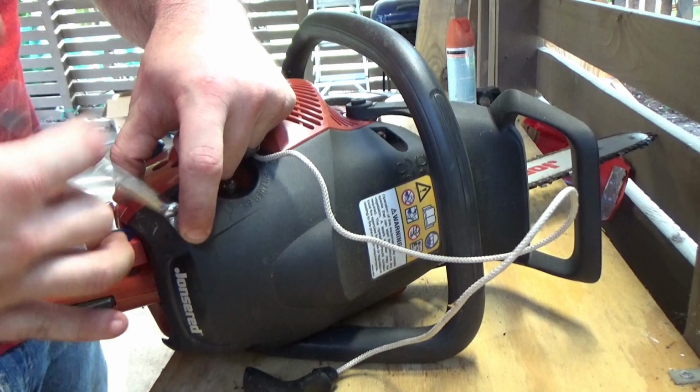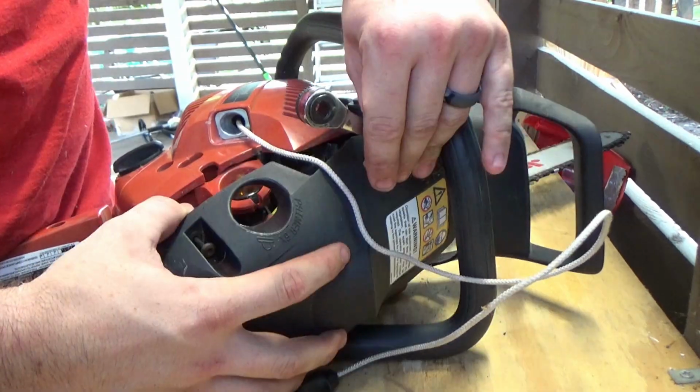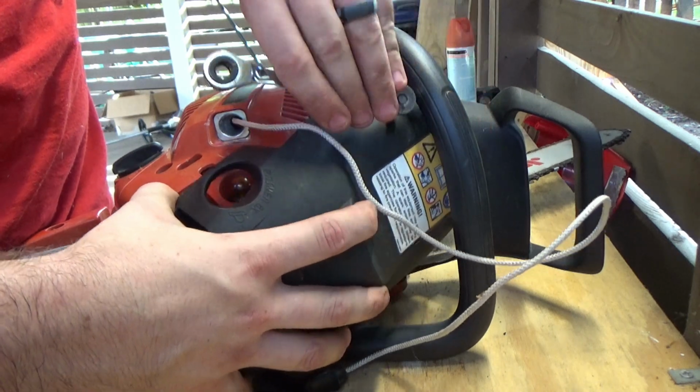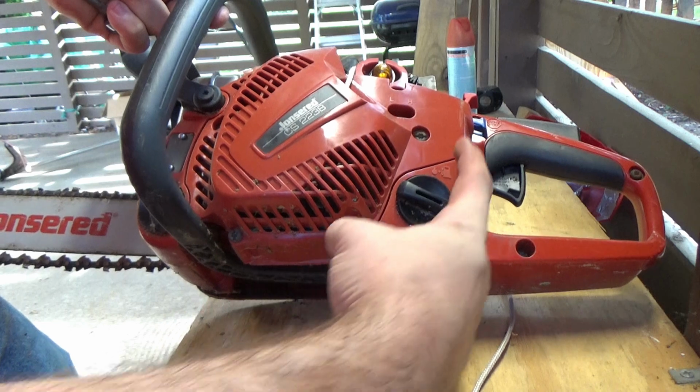We're going to be working on this Jonsered chainsaw, which is essentially just a rebadged Husqvarna. First thing we're going to do is take off this protective cover so we can get down to it. Now this pull cord is not retracting all the way, so we'll need to remove those 4 bolts in order